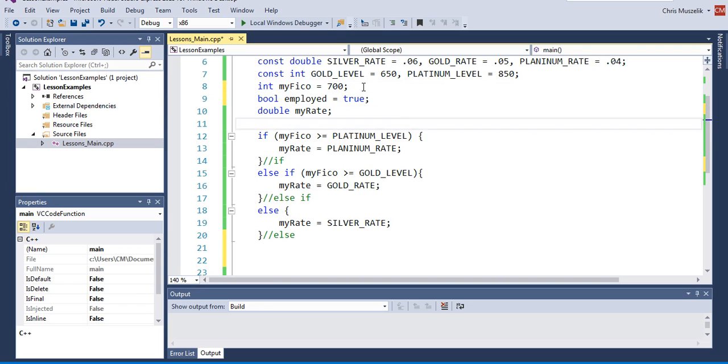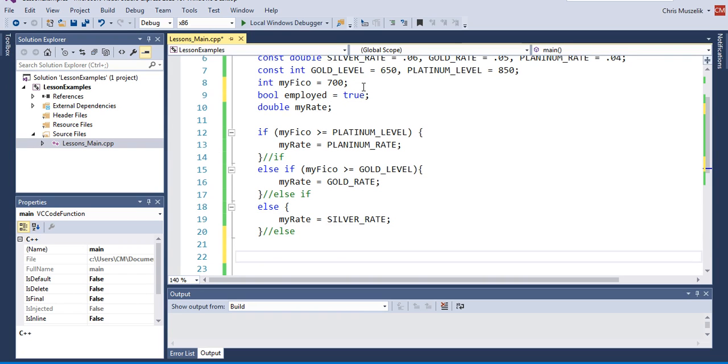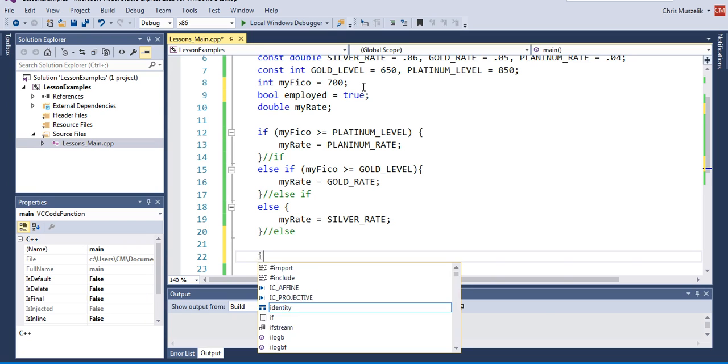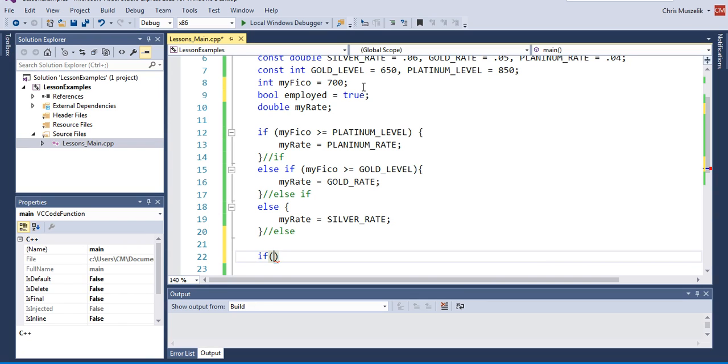So down here, after our if else statement, we're going to do a little test for those two conditions. Here I'm going to say if, and I'm going to wrap these in parentheses just to make it easier to read, and it's probably going to be easier for you to read also if you continue this type of formatting going forward. So what's the first rule? The first rule is that they have to have a good FICO score. So if my FICO is greater than or equal to the gold level,